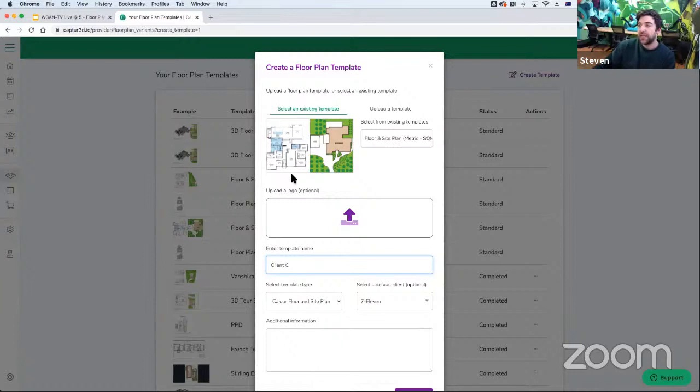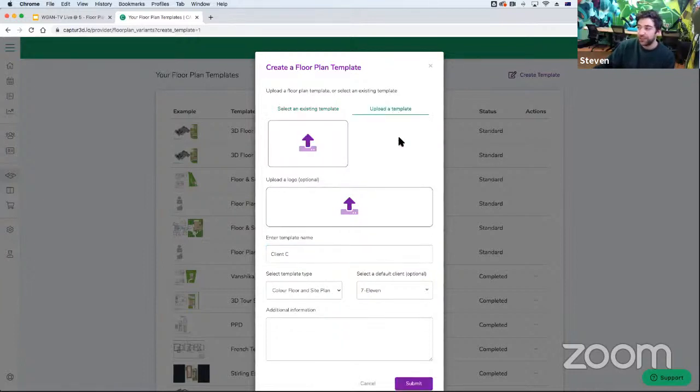And so that's adding a logo or items to an existing plan. But then obviously the simplest version is to upload a completely customized floor plan, something that they may be already using or something that you see as being beautiful and would like to offer your clients as well. You upload that floor plan, our team receives it, breaks it all apart, gets the fonts, the colors, and builds it back together in their design software. And so when an order comes in, they're ready to go with that design.